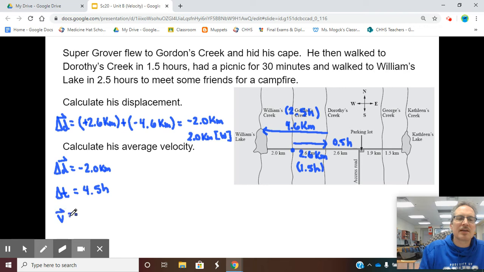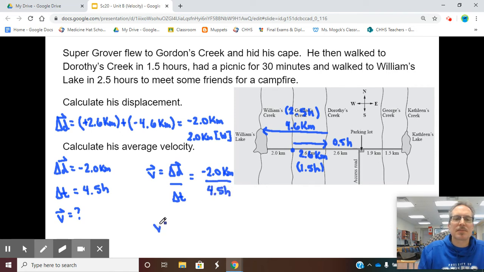We are trying to find velocity. So velocity equals change in displacement over change in time. My displacement is negative 2.0 kilometers over 4.5 hours. And when I calculate this, I'm going to get a negative 0.44 kilometers per hour